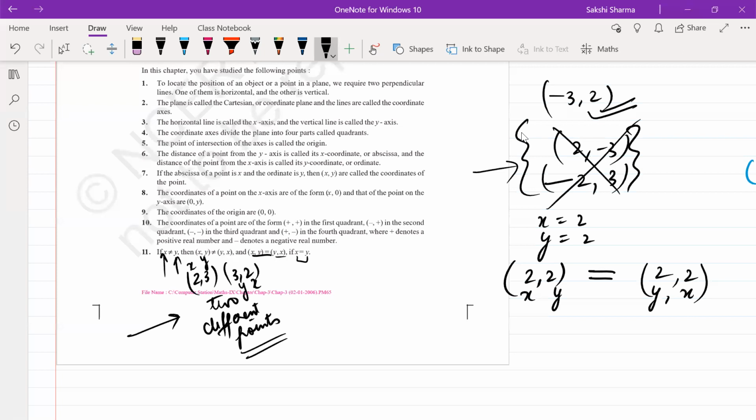You have to do this. X की value -3 होनी चाहिए, Y की 2 होनी चाहिए. It's important from that point of view. As such, तो जरूरी नहीं है ये.